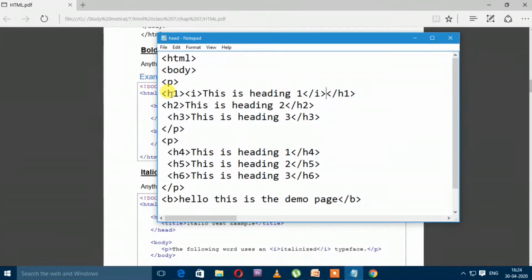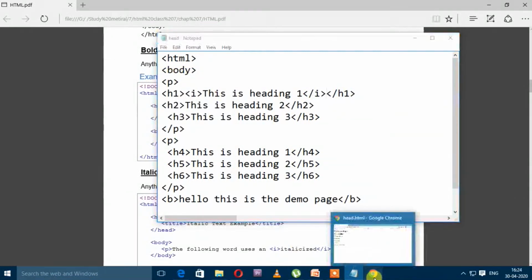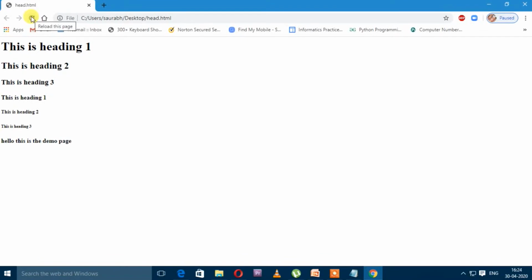Remember this thing, guys, all the time, whenever we make even a tiny change in our web page, we need to save that page, otherwise the effect will not display in the web browser. Okay, so click on the file, then click on the save button, move to the web browser and click on the refresh button. So look here, the style of the H1 tag's text is italic now.